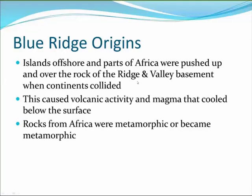In other words, the ridge and valley goes underneath the Blue Ridge, and the Blue Ridge was pushed over the top. And we know this because just east of Montvale, you can go and you can find the ridge and valley shales exposed at the soil surface. And then you get into the Blue Ridge Mountains, Thomas Mountain and other mountains, and then you're back into the ridge and valley rock. Well, this collision between the continents caused volcanic activity and magma that cooled below the surface,